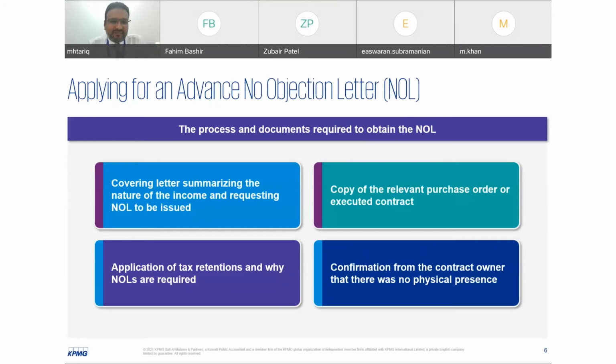The tax retention regulations are not specific. They say that any beneficiary should be subject to the tax retention, which implies that whether it's a foreign vendor, foreign subcontractor, or a local subcontractor or local vendor, the retention should be the first step in the process. It is through that then the vendor and supplier will have to go through their respective process to obtain the no objection letter. Or, as we mentioned earlier, the Kuwaiti companies can get their blanket tax clearance certificate, which is issued on an annual basis.